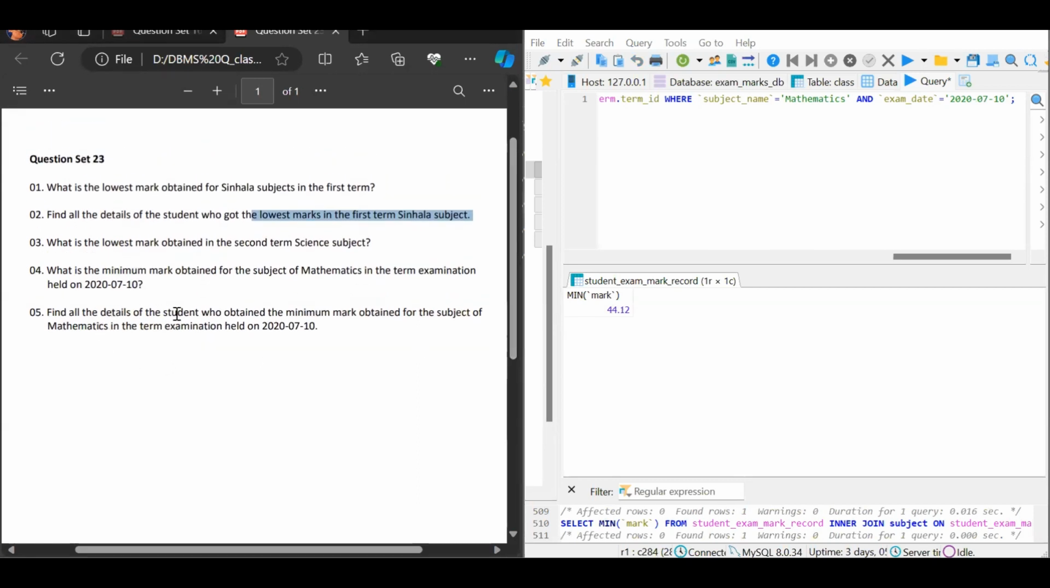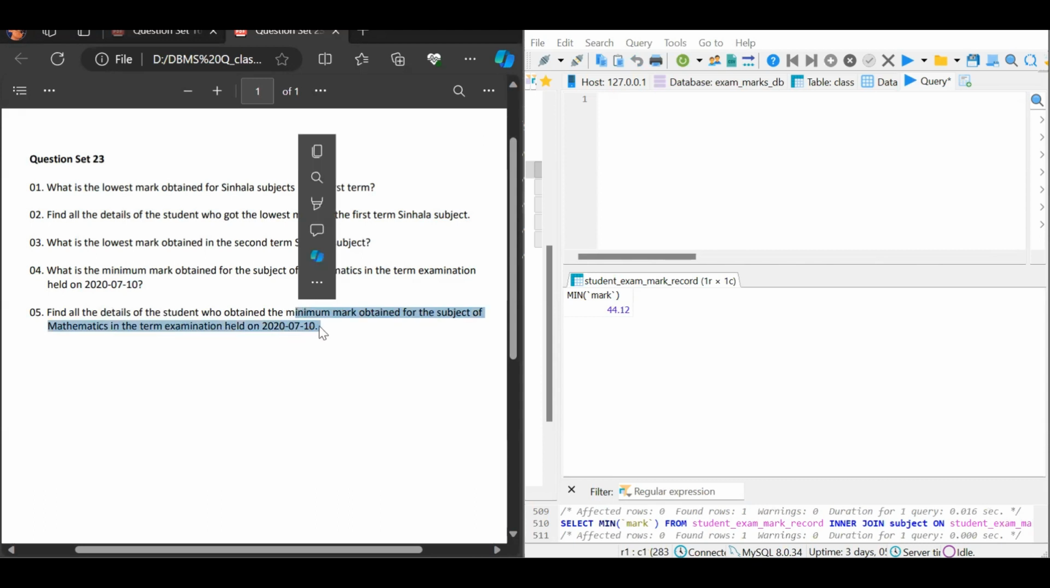Find all the details of the student who obtained the minimum mark obtained for the subject of mathematics in the term examination held on the relevant examination date. So then let's type again the select query. Here too we have to obtain two results. One is the minimum mark obtained for the subject called mathematics in the relevant examination date, and all the details of the relevant student. So then let's type the select query, select all from,